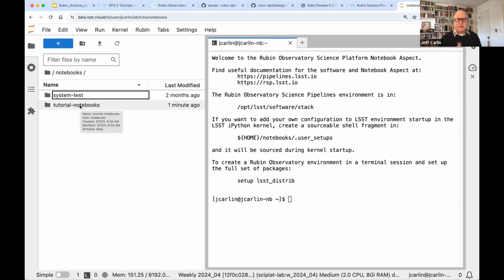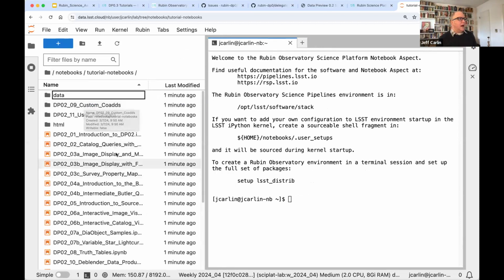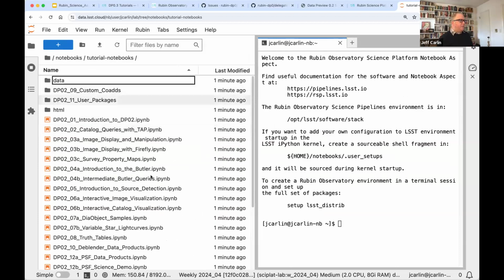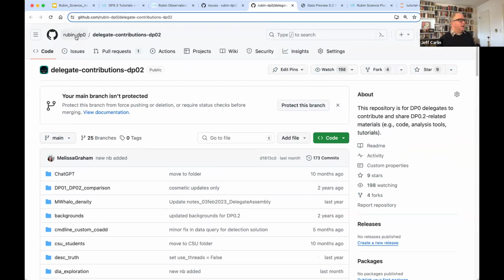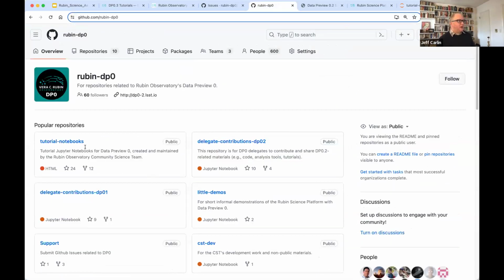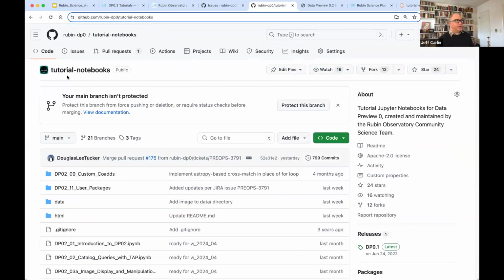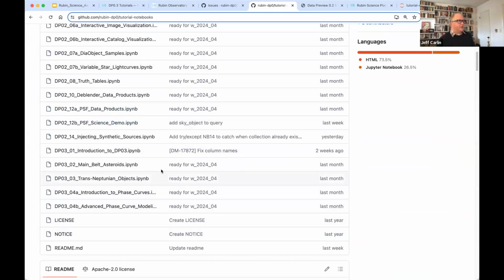So if we make any changes or updates to any of our tutorials, those are pushed daily to the science platform, and always kept up to date. So this shows you the list of all of the available tutorials, which you can also see if I go back to our GitHub page. There is the tutorial notebooks repository here on GitHub that you can see all those notebooks available,